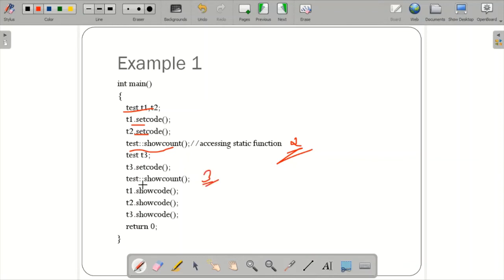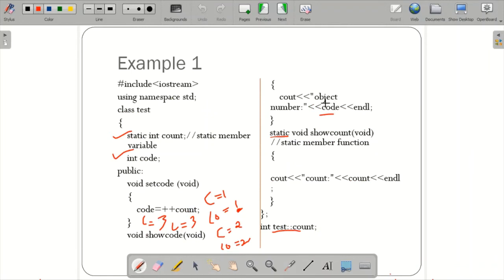And after that it is telling t1.showCode, t2.showCode, t3.showCode. Now you tell me what will happen within this. It is displaying the object numbers of t1, t2, t3. Here it is not the same now.